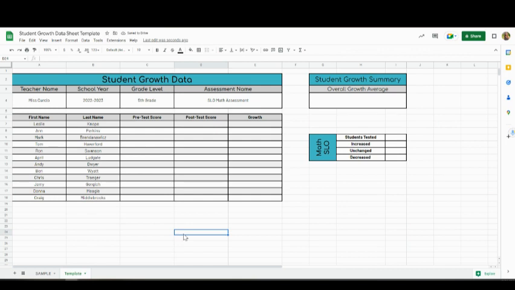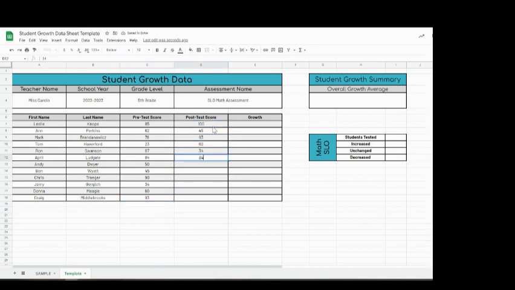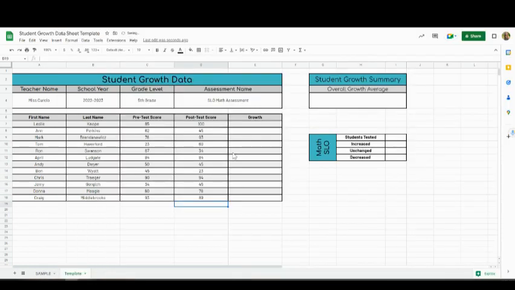From here, I am likely going to begin filling in my test scores. So let's say, for example, I already have my pre and post test scores, so I will just fill those in real quick. Okay, so here is where we will begin to go from Sheets 101 to our next level of sheets by